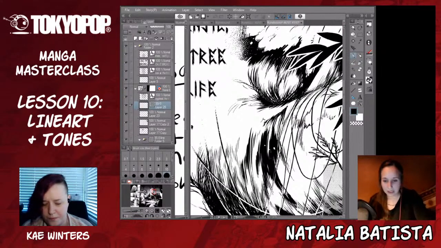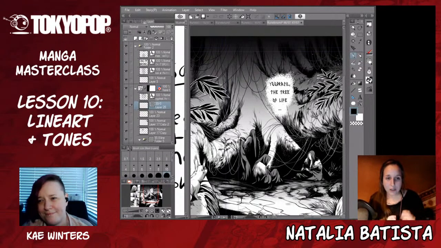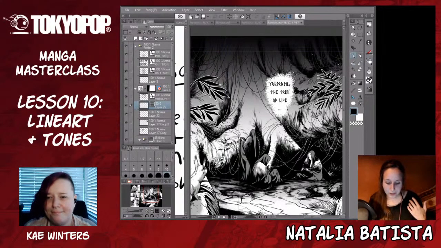So we go back, zoom out on this one. And now I'm done with inking. Let's talk a little bit about tones, and then we're going to talk about how to pitch it for a publisher. Quickly about tones, let's go through this quickly. My best recommendation for doing tones is actually to use